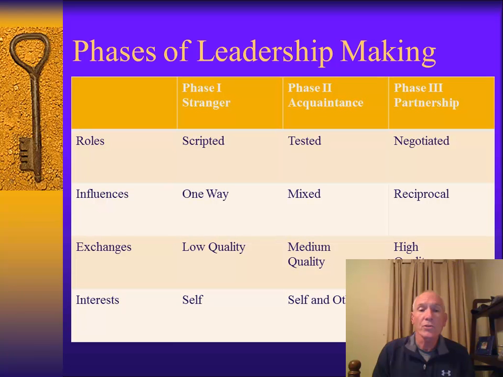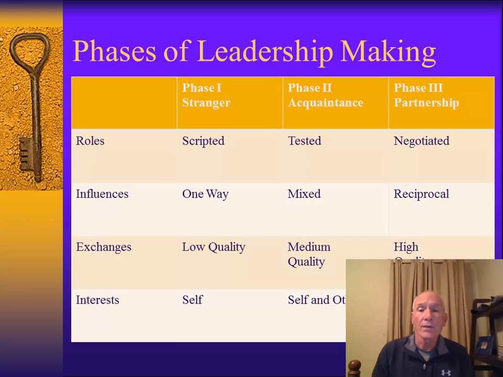The exchanges are typically very low quality because each is fulfilling just simply the organizationally defined roles. Typically, each is serving their own self-interest in this type of relationship. Usually, very quickly, the relationship will move into the acquaintanceship